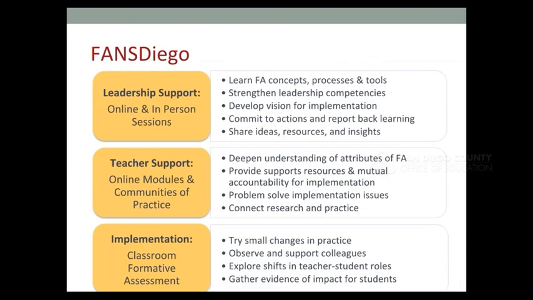So San Diego is a bit more of an ongoing commitment. It is based on a cohort model, so it's school site embedded. So an entire group of teachers from a school, ranging from 5 to as many as you'd want, but 5 to 15 typically, teachers going through this year-long cohort together. There'll be leadership support to start with, and that begins this summer. And the leadership, as well as a teacher leader, will learn about formative assessment concepts, think about how to lead this work, and then really develop a vision for implementing at the school level.